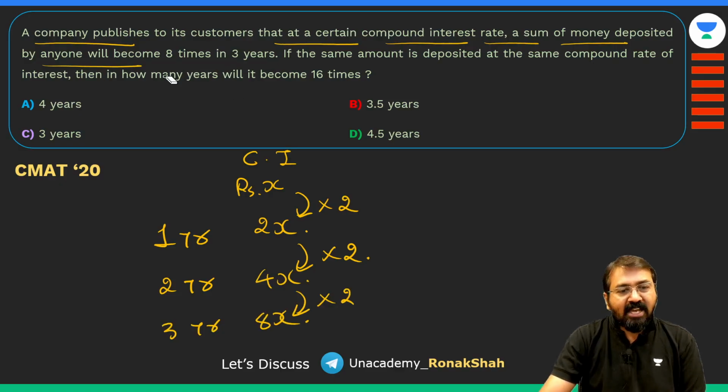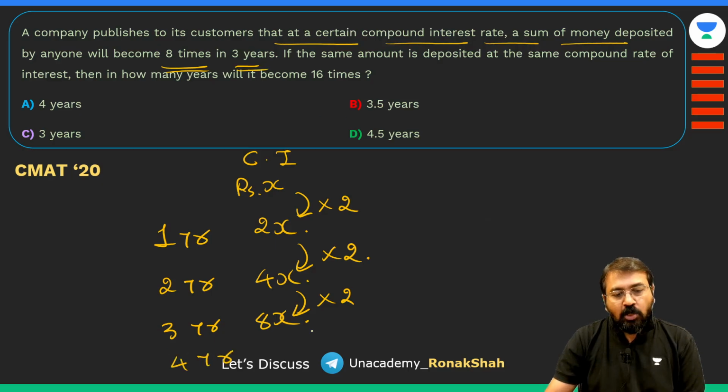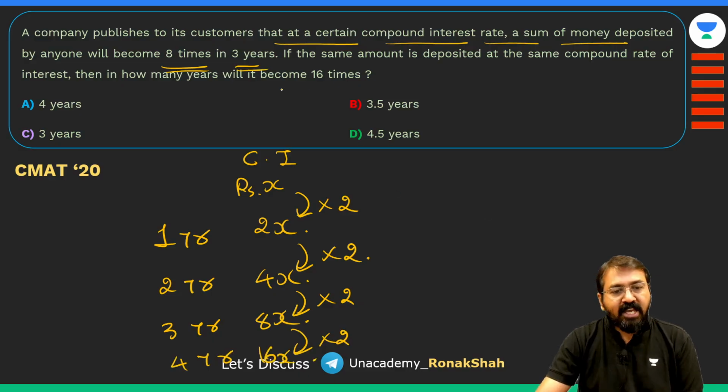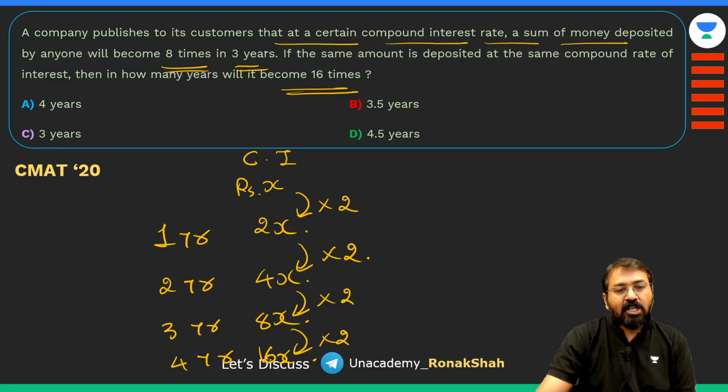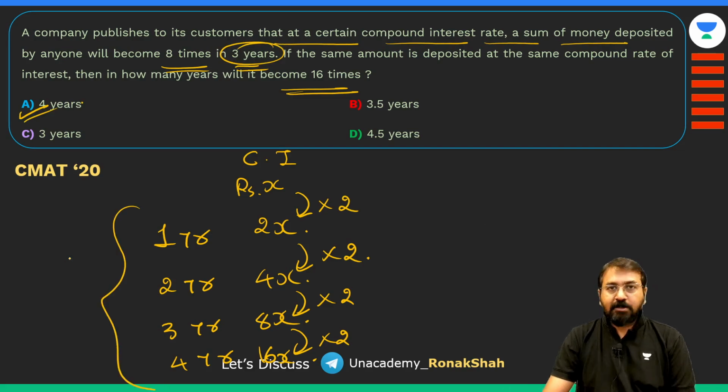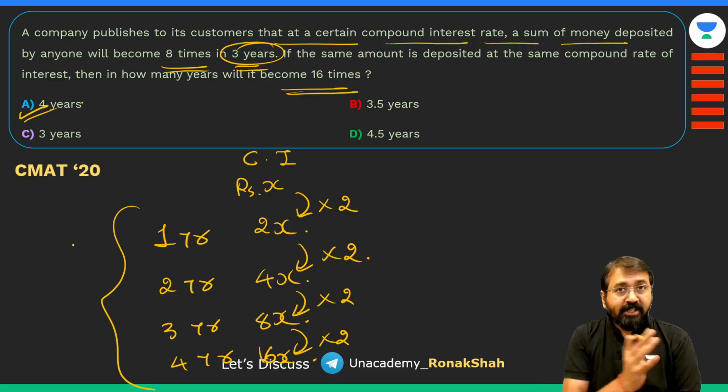तो हमें यही बताया है ना कि it becomes 8 times in 3 years। तो गाइस, 4 ईयर के बाद वो कितना होगा, वापस 2 से मल्टीप्लाई होगा, 16 टाइम्स हो जाएगा। हमें वही पूछा है ना कि how many years will it become 16 times, तो कहने से 3 years में 8 टाइम्स हो रहा है तो 4 years में 16 टाइम्स होगा। ये देखो, समझ में आया ये।